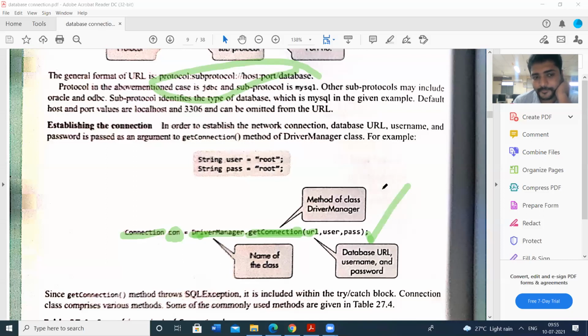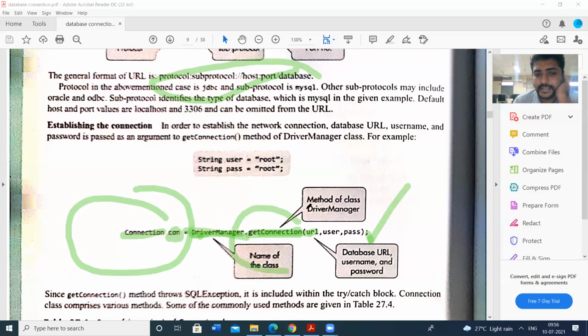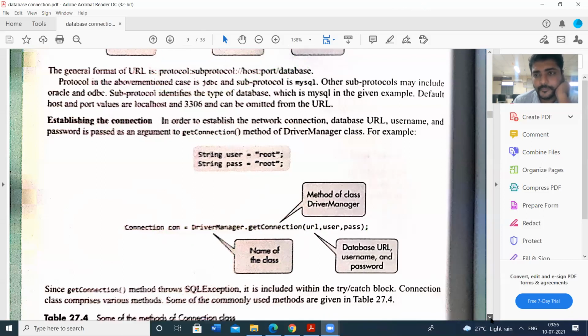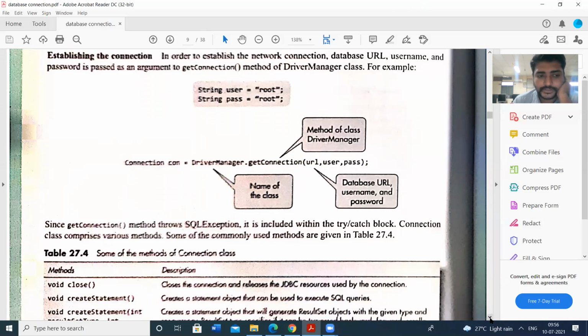We establish the connection by creating a Connection object, and the method we use is getConnection. After establishing the connection, we have to write the queries.